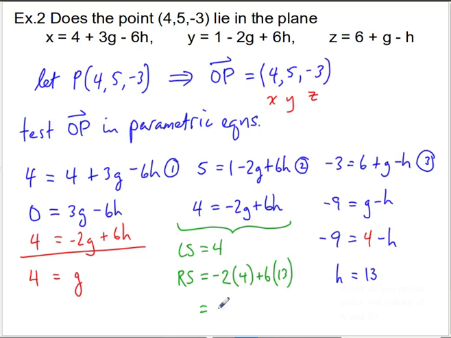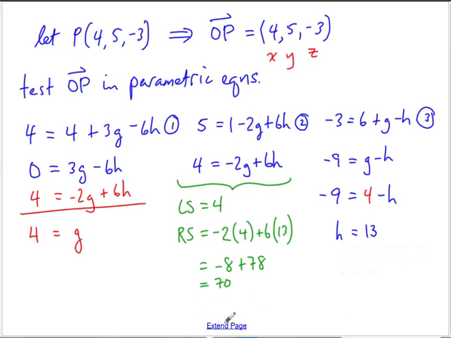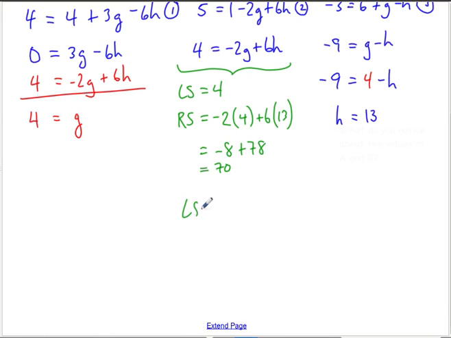That is equal to negative 8 plus 78, and that is equal to positive 70, which is obviously not equal to that left side. So since my left side is not equal to my right side,